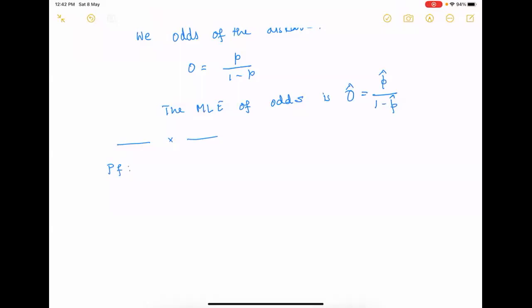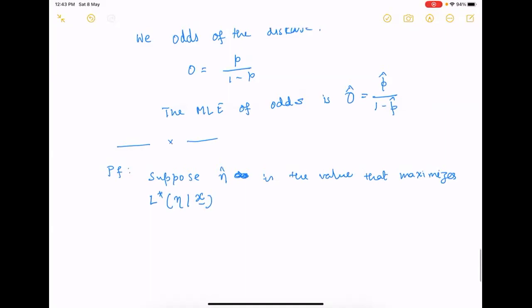Suppose eta hat denotes the value that maximizes the likelihood of eta. Okay, so